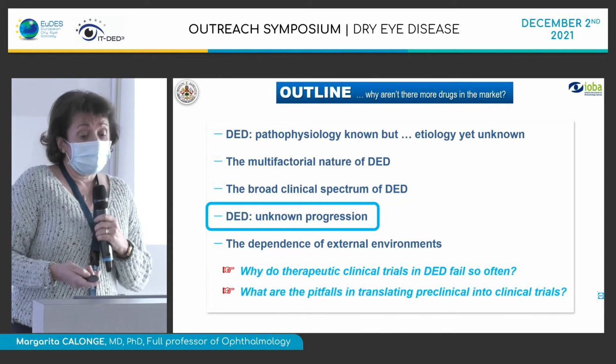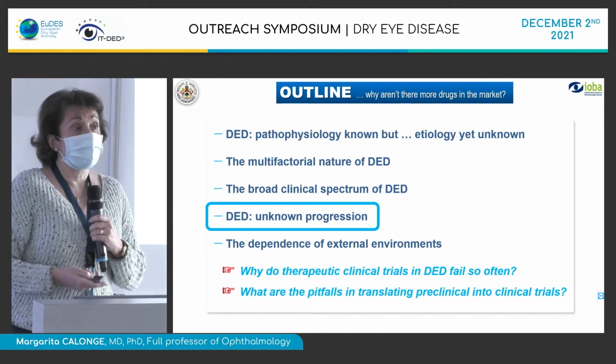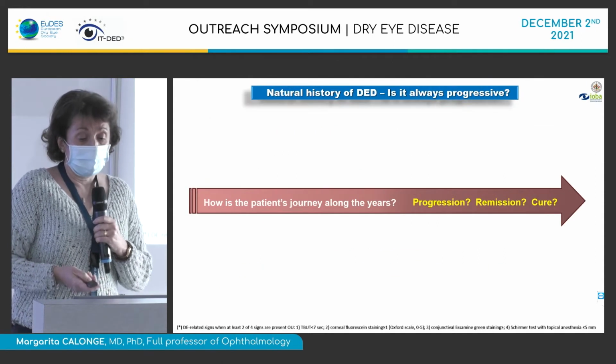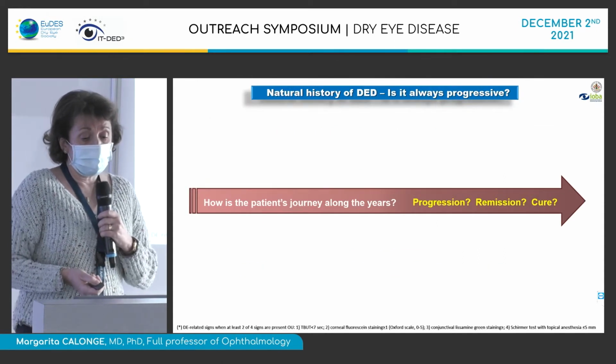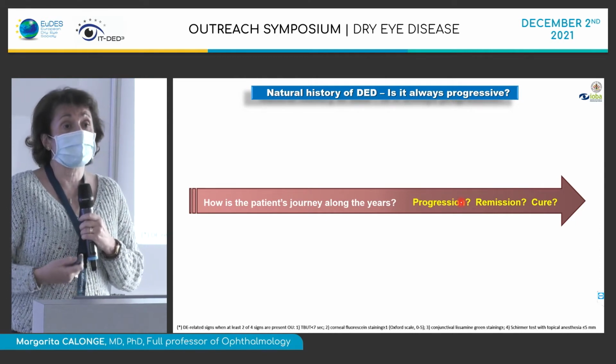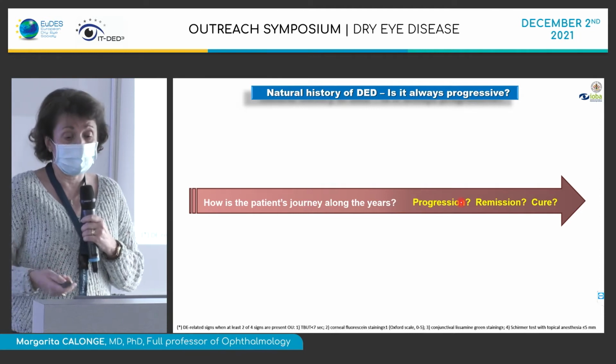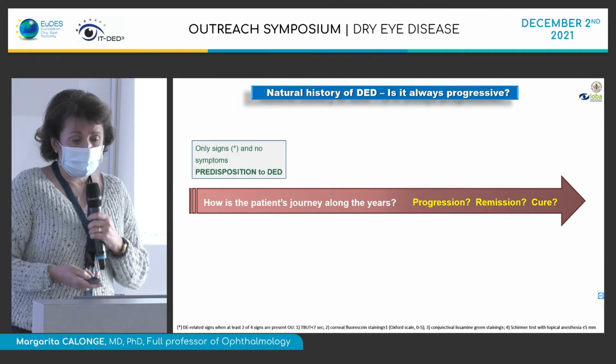What do we know about the progression? Because we always think, well, dry eye is a progressive disease. We actually don't know that. We don't know what the patient journey is along the years. Is the disease going to progress? Can the disease go into remission? Can the disease be cured? Well, all this, the